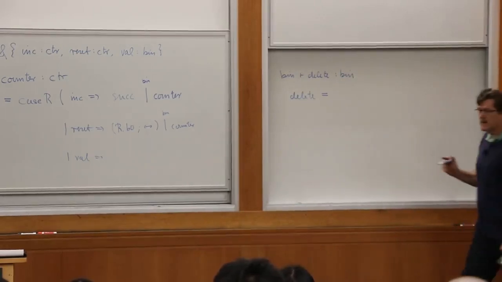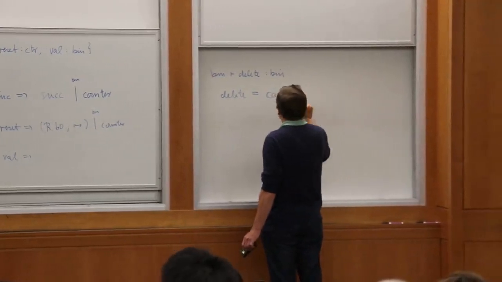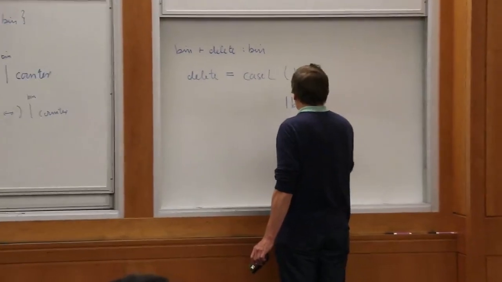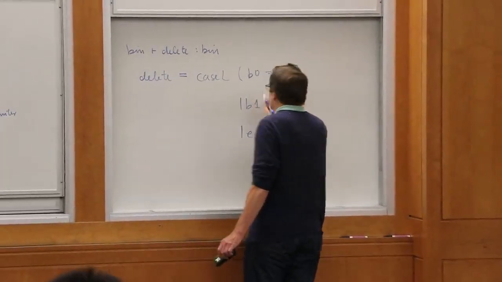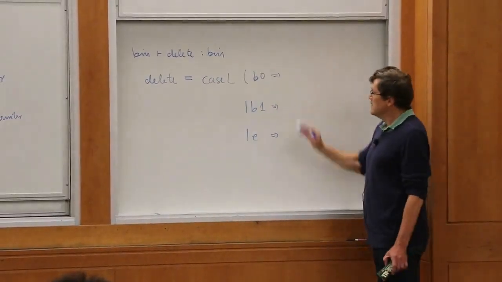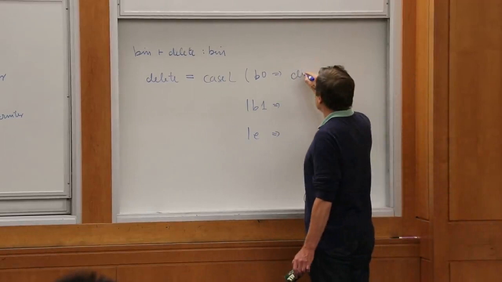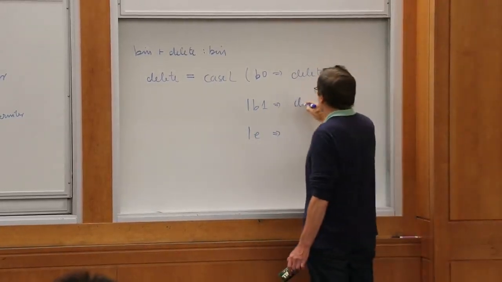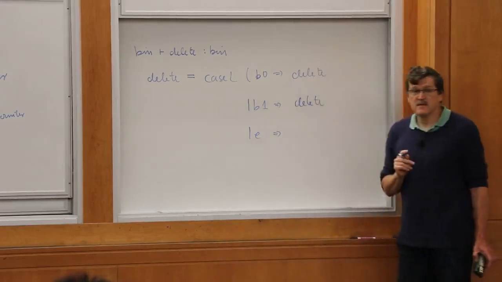You could do a case L. So we want to do a case left because we want to see what bit's there so we can actually consume it. Could be 0, or it could be B1, or it could be B0. Yeah, we just continue deleting, right? Okay, B1, we continue deleting. All right, and if we see E,